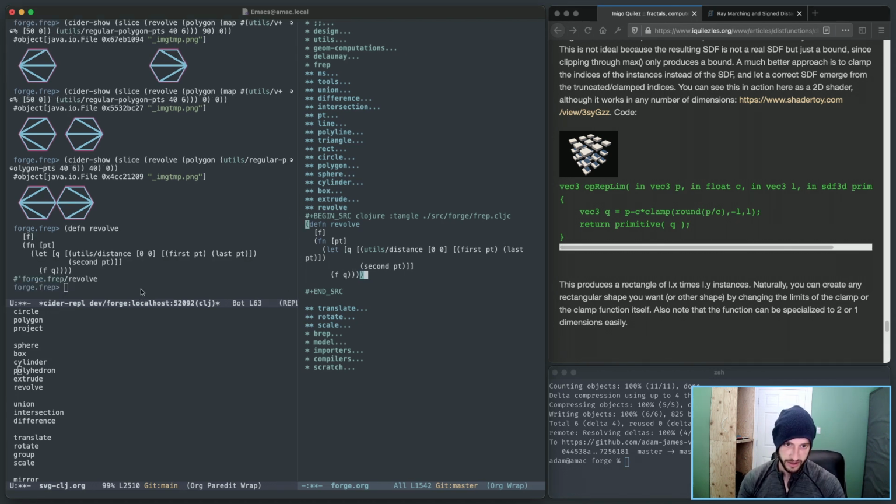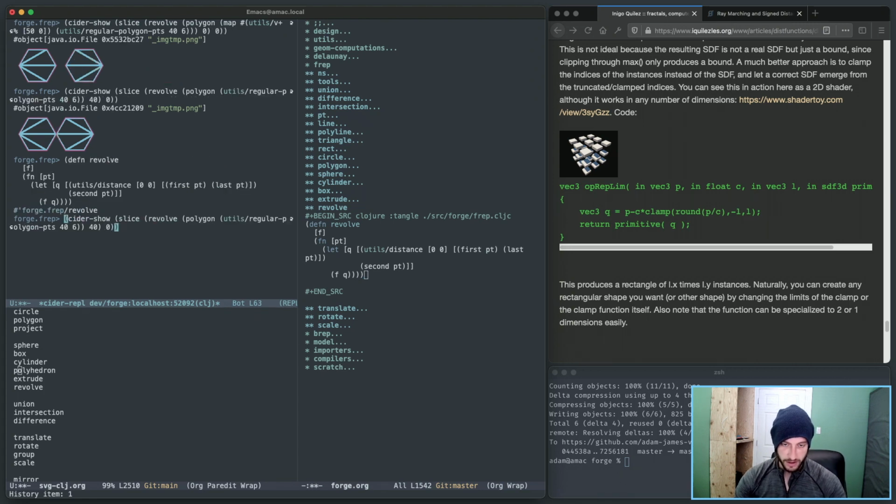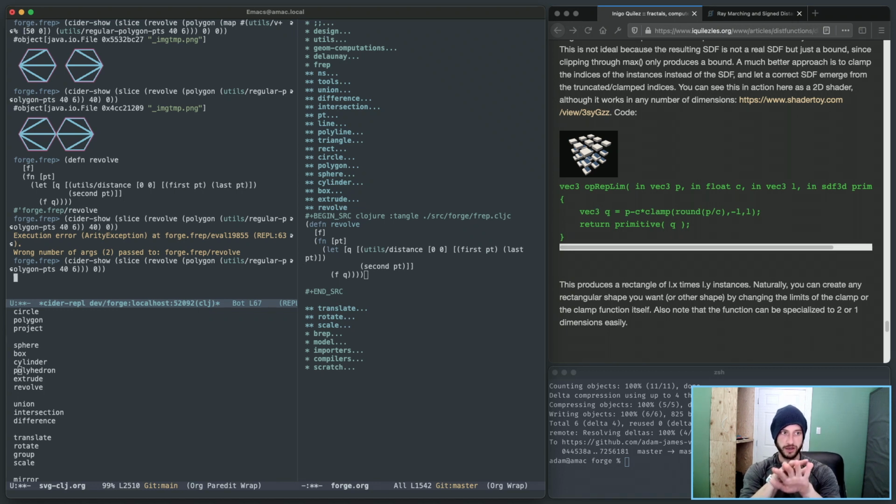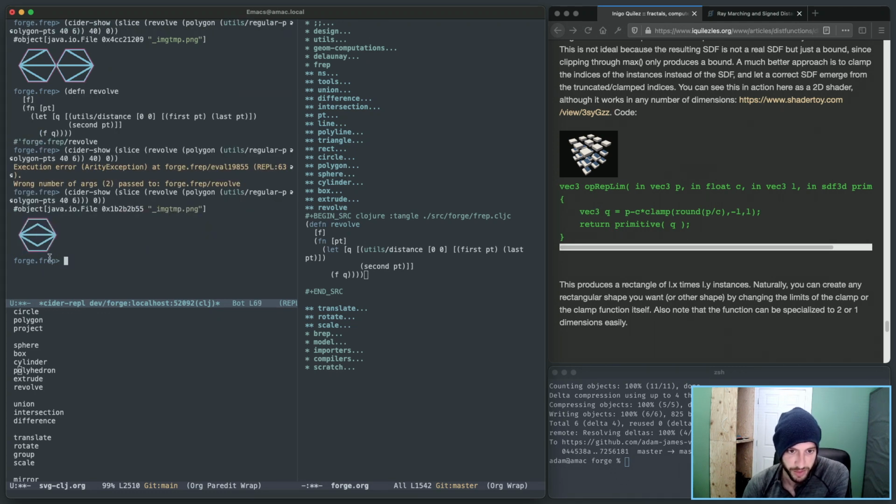So now if I do that, this should, ooh, this value here, no, this value here. This should work. And we should see, it should basically be a hex shape, but since it's revolving over itself, it might have weirder lines in the middle. Yeah, but it is still a hexagon because it's not moved away from the origin at all. So for example, if I do,